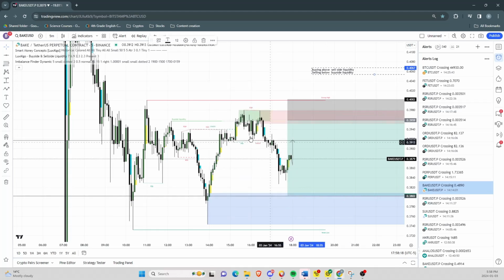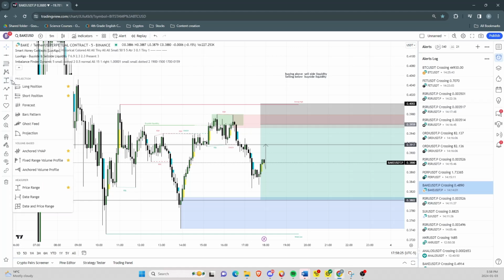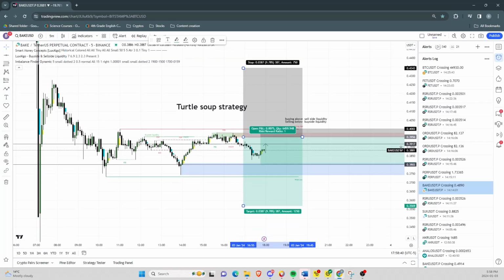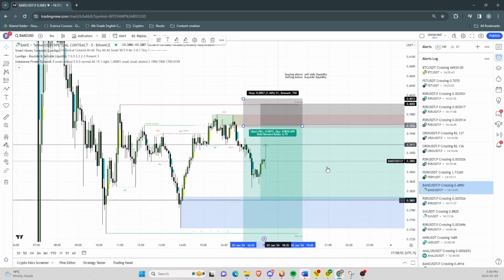What do I mean by that? So here you see the buy side liquidity, right? It is swept and then it started coming down, right? So whenever the buy side liquidity is swept, that is when it is swept, you call it a liquidity grab, right? So you set a short position with the stop loss above the previous high, above the buy side liquidity. So here, this is internal buy side liquidity, and this is the previous high, that swing high, right? You put your stop loss above it, and then you target